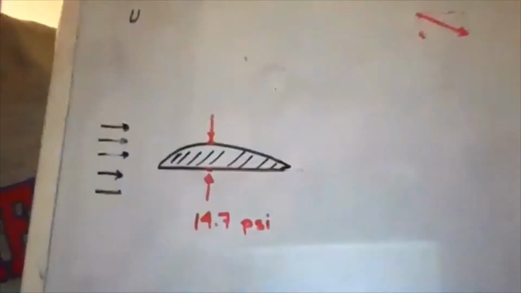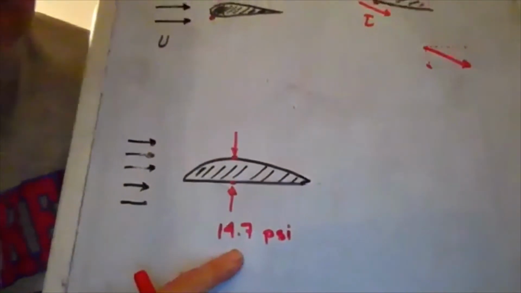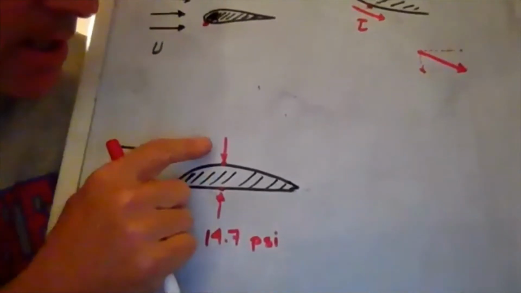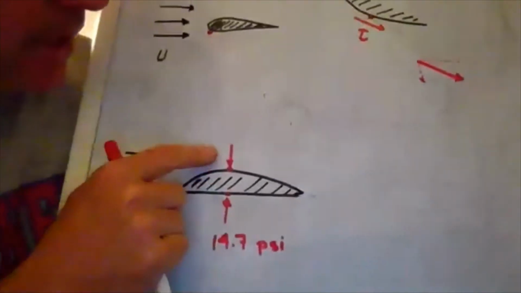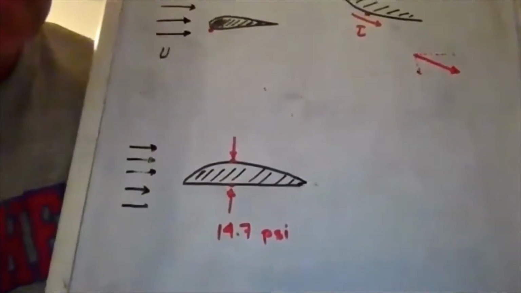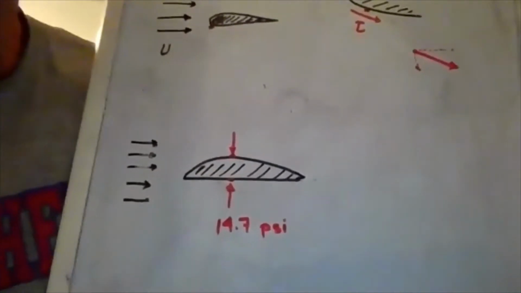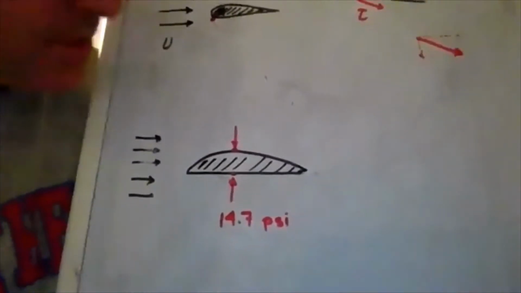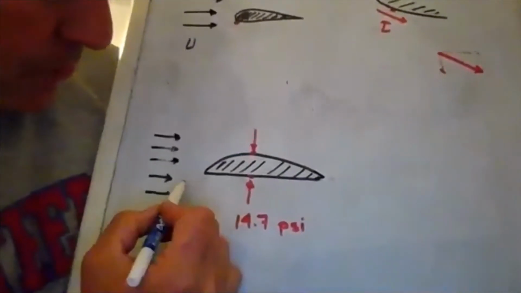So there's the arrows, not bad. Probably the bottom one, if we were somewhere near sea level, would be 14.7 psi. And if it's atmosphere, and this one here, if it's 14.7 psi, we get no lift. But it turns out that one way this is thought of is by taking the Bernoulli equation,